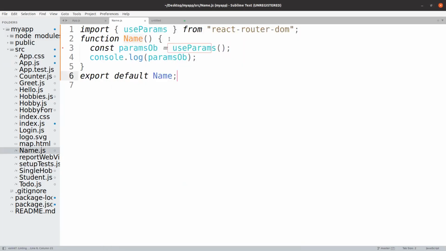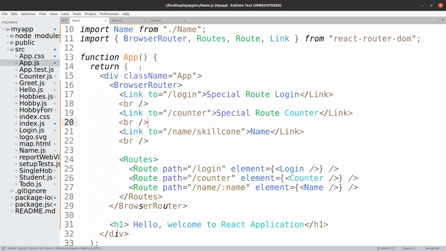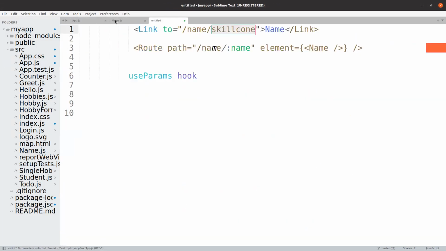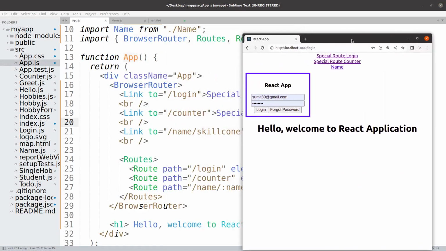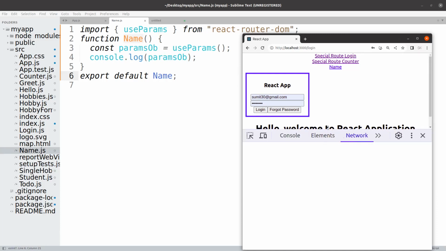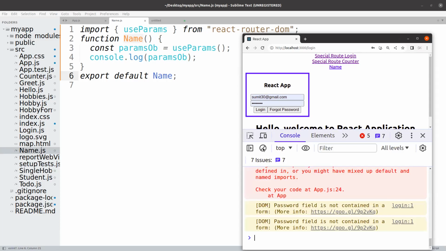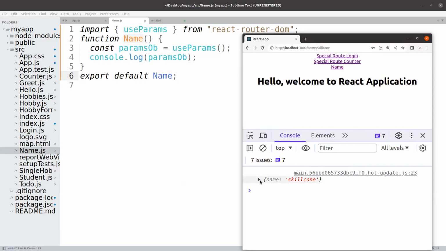Okay, name is not defined. Probably I didn't save it. And save here also. Now I think it should work. Good. So now let us try to see if you are able to get it working. I'm going to open my console also, because I want to see the output of the console to see whether I'm able to get the params getting passed properly. And I will go to name now, and yes, you can see here the object is available,